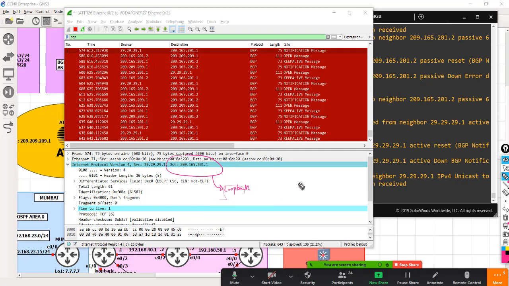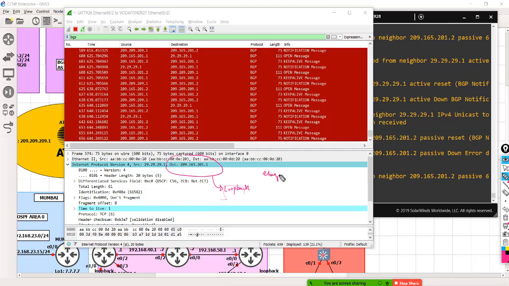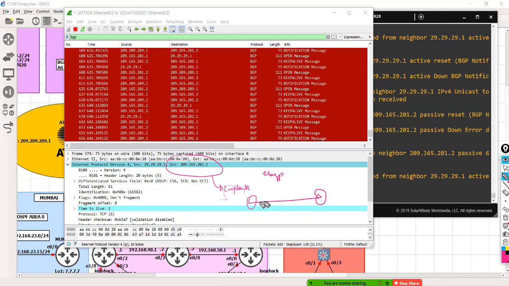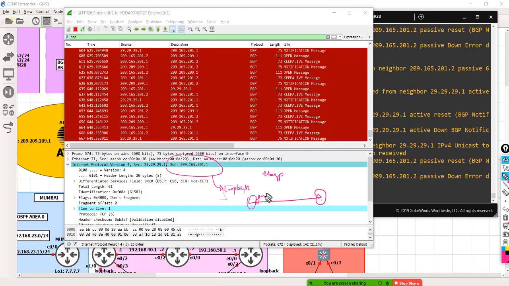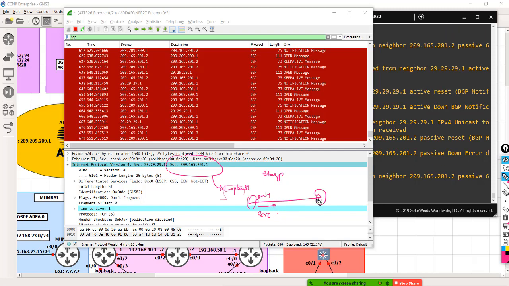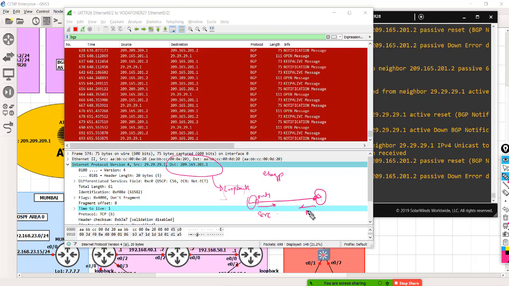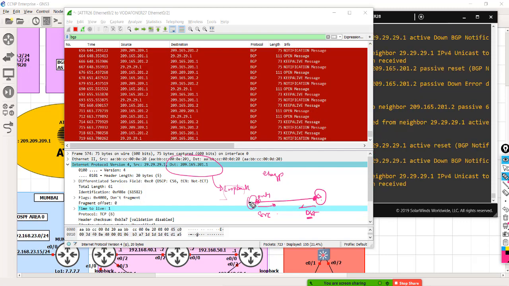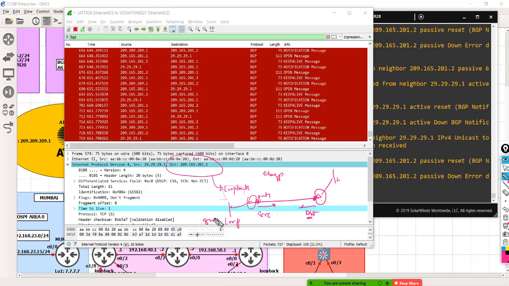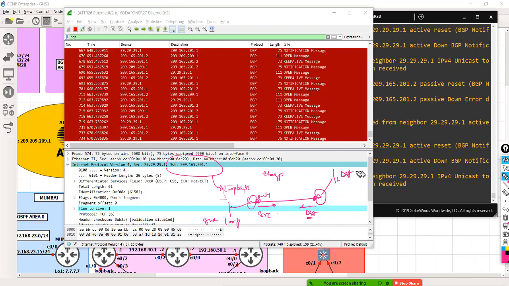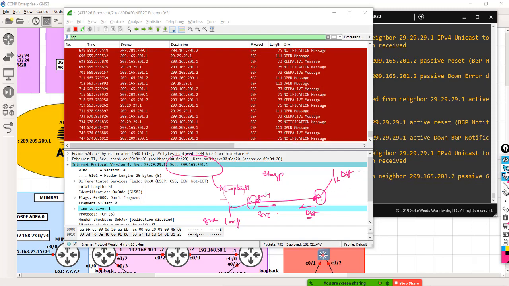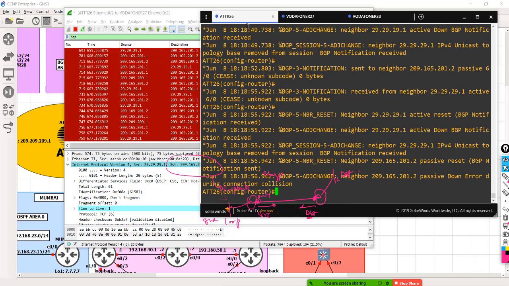Okay, so what is happening is, in case of eBGP, when you have two routers, by default they are going to consider the outgoing interface IP to be the source, and similarly over here, the physical outgoing interface is going to be considered as the destination IP. Now you need to change that behavior because you're making use of loopback addresses. Okay, so loopback should be the source, and on the other side the other loopback should be the destination. So how do we change that? How do I change that behavior so that my BGP packets take the loopback as source?